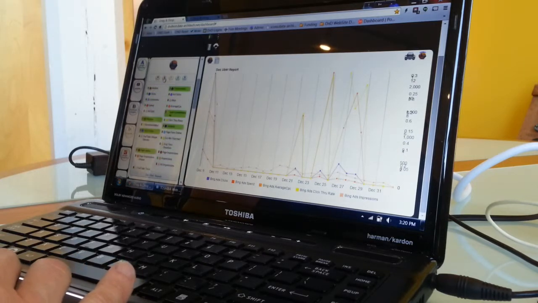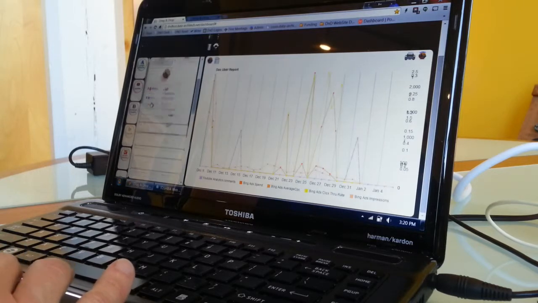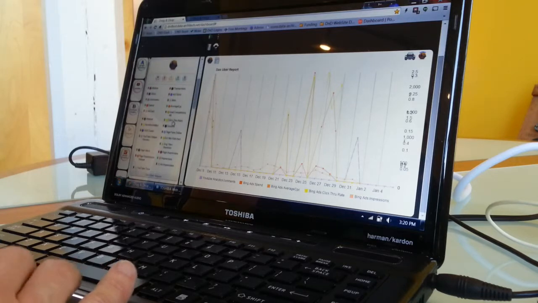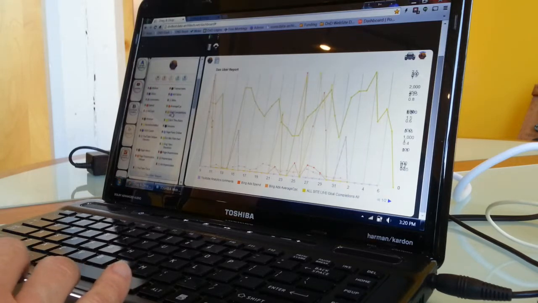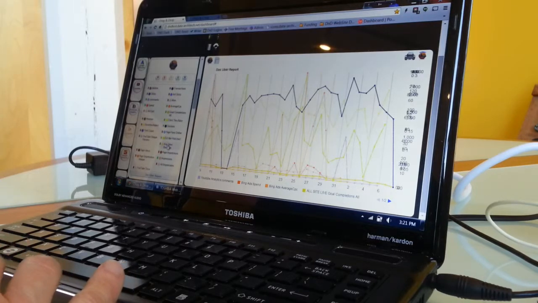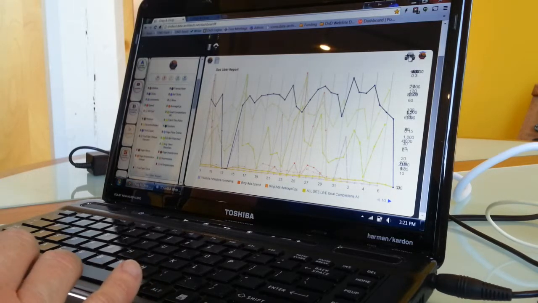And then you can start picking different things. You say, show me the clicks, or let's find something that's actually got data related to it, like completions, so there are completions coming through. As you start turning on different things, you can figure out what pieces relate to each other. And then from there,